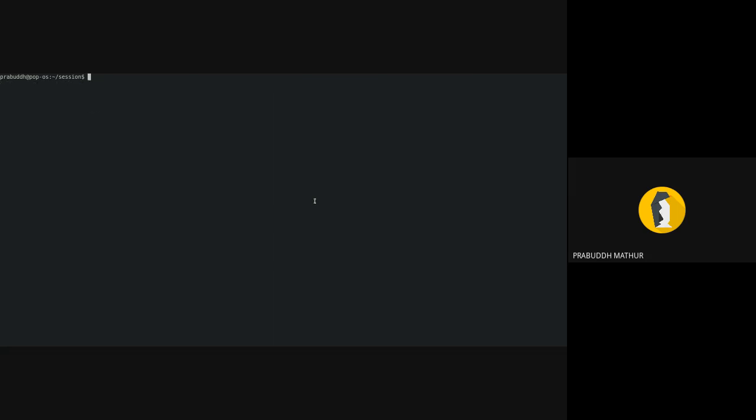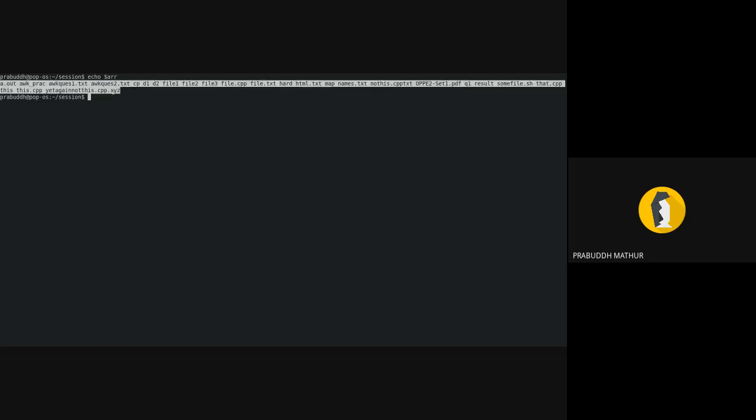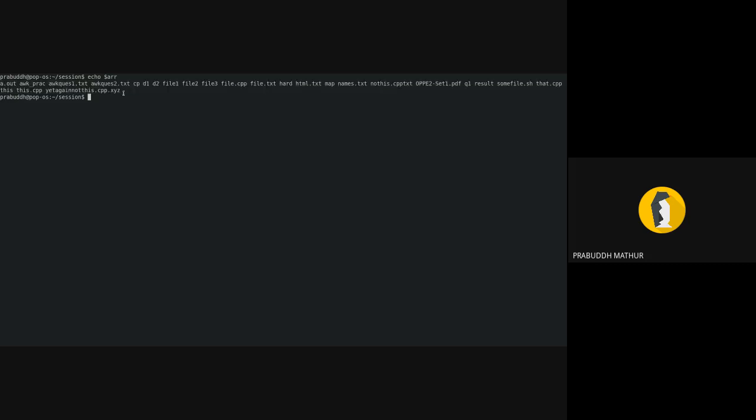Suppose I now want to know the things that I have in the array. I want to get all the things that are there in that array. So if I were to do that, it will have that string. Oh, wait, this is not a good example. I'll just make a new array: 1, 2, 3. Sorry about that.